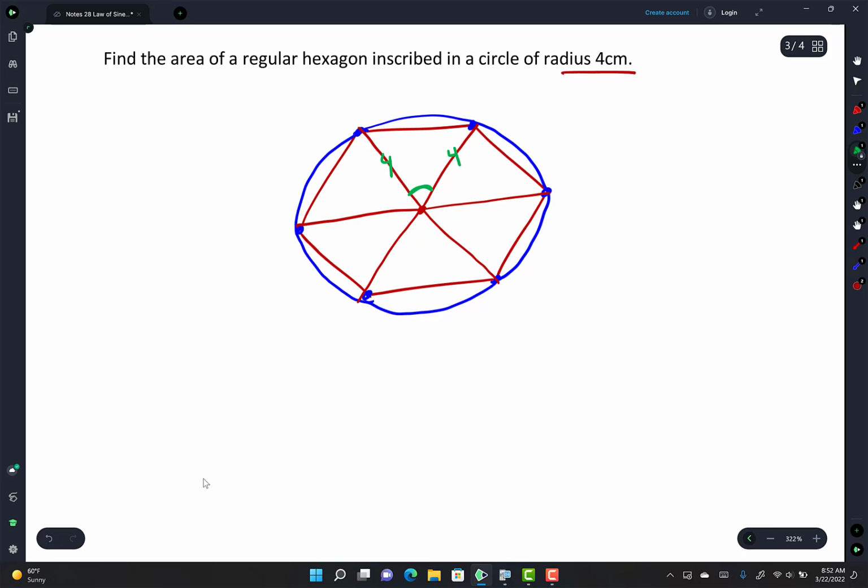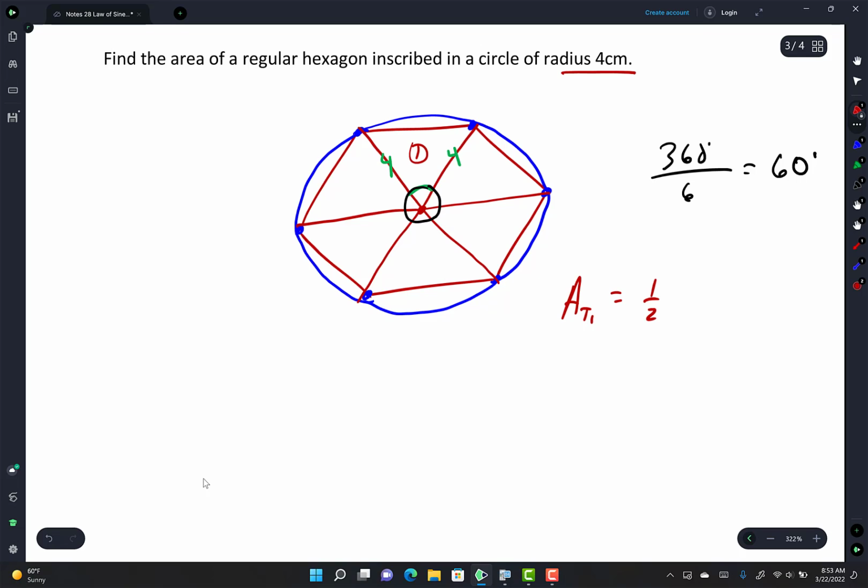Travis, I don't know that angle though. Yes, you do. You don't need to know properties of polygons to know this angle. Yeah, you're right. It is 60. 1 revolution is 360. There are 6 triangles there. So 360 degrees divided by 6 is 60. Do you guys see that? So area of one of those triangles